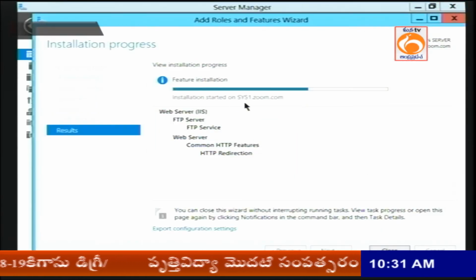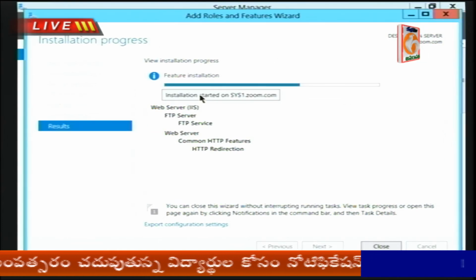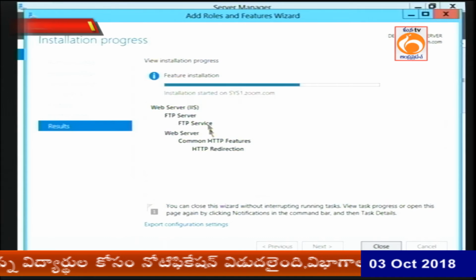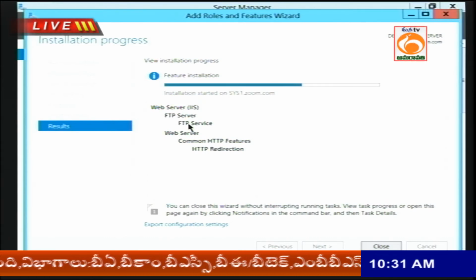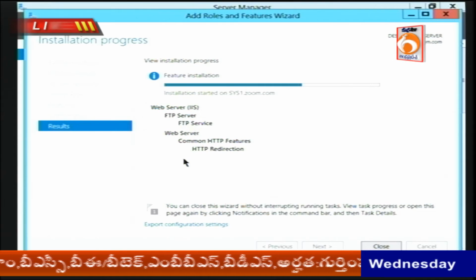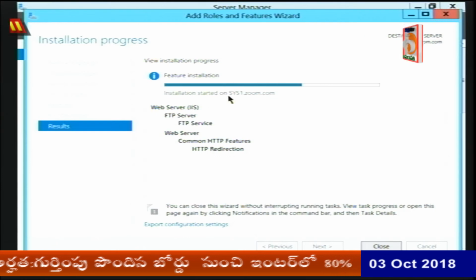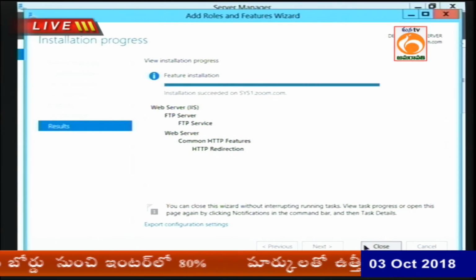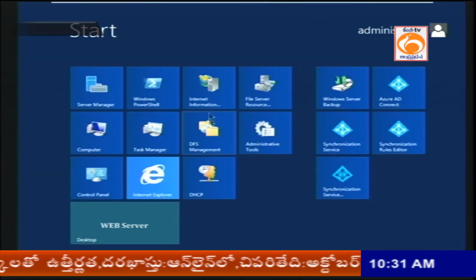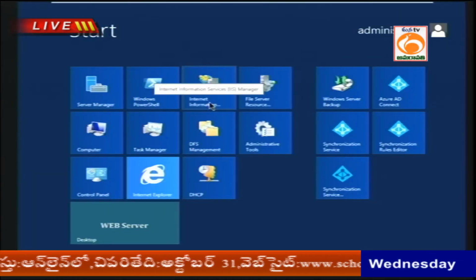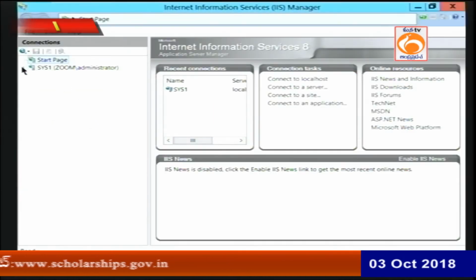So once this is completed, you will get a message, installation succeeded. So you install this feature, HTTP. In a few minutes, we will talk about FTP, and that service we will also install. Both are part of this IIS, Internet Information Services. Okay, so while this process is happening, I just closed this console to reopen it as we are doing the installation. If I open this IIS now, you can see,